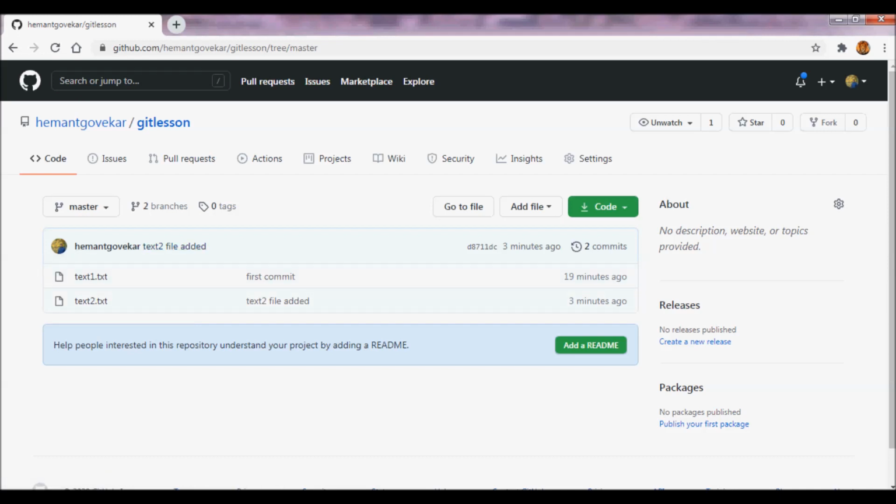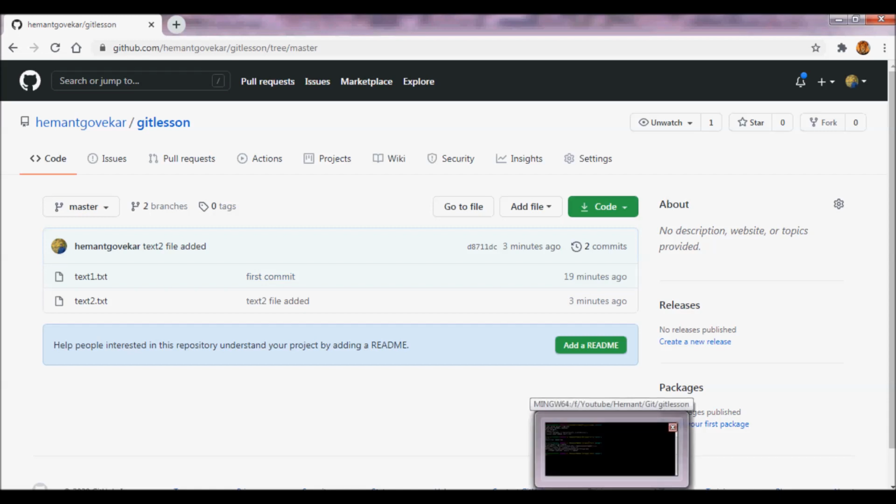So this is how you push your code to the branch and then merge your code from the branch to the master branch. So thank you guys, this is what I planned for this video. In the next video what we can see is a little bit of merge when we have changes on the master as well as on the feature branch, what we need to do, and the rebase command. So why the rebase command is used and how it helps.